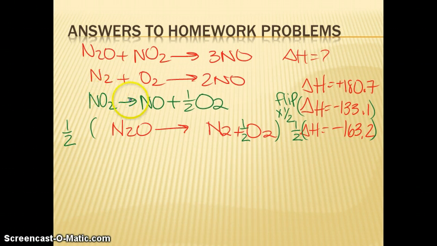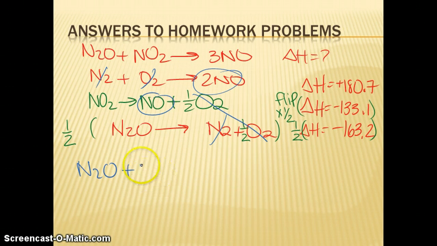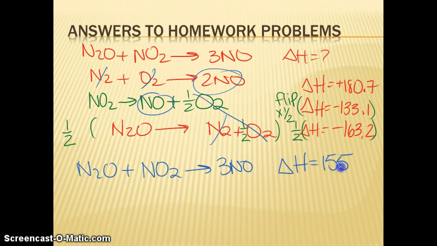And then this reaction above, if we look, the N2s cancel. 1/2 O2 and 1/2 O2, that's going to cancel with the O2. These NOs are going to combine, which gives me my 3. So I've got my target. I've got N2O plus NO2 gives me 3NO, and I plug that in, and I'm going to get a delta H of 155.7 kilojoules. Okay? Don't forget to apply the changes